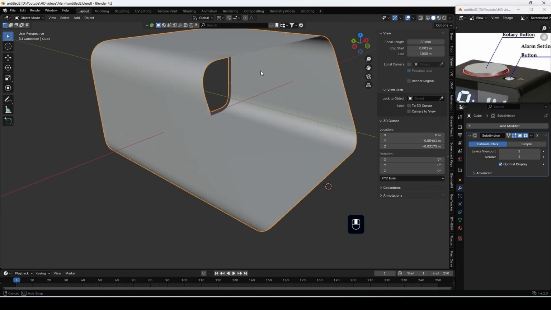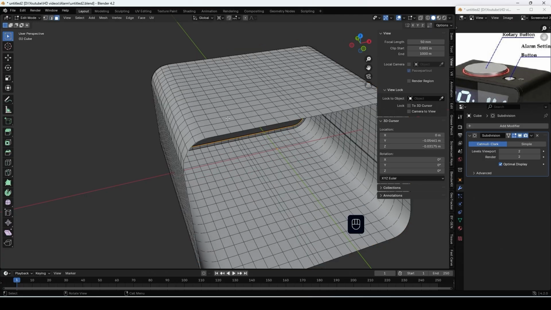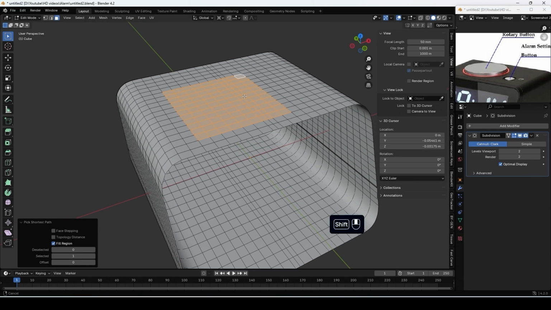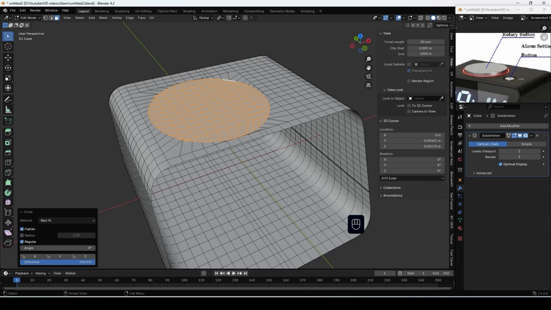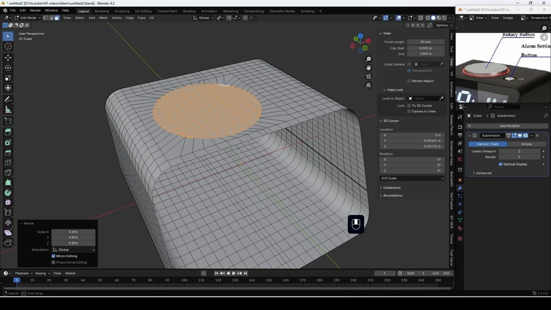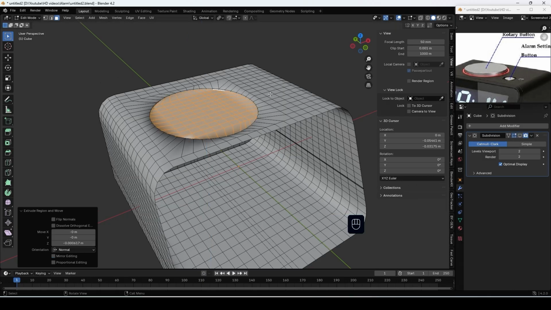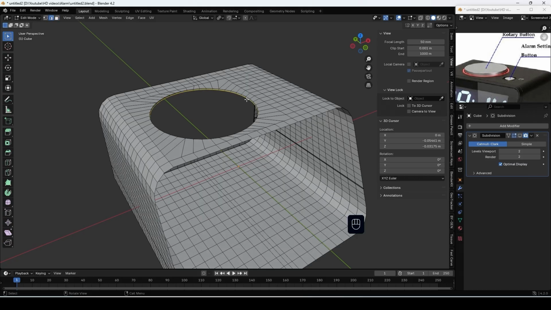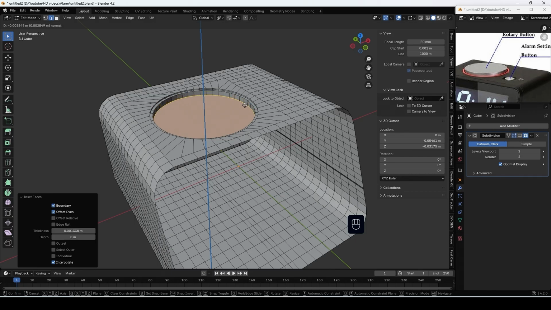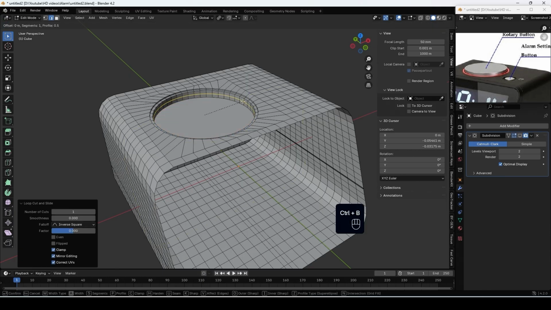Now I will create the first button. Go to edit mode, face select, you have to change this, scale it, extrude along the axis, we can delete the faces and go to edge select, select the loop, fillet, and inset, extrude along Z axis, bevel it,